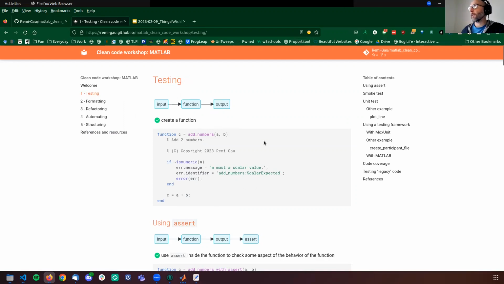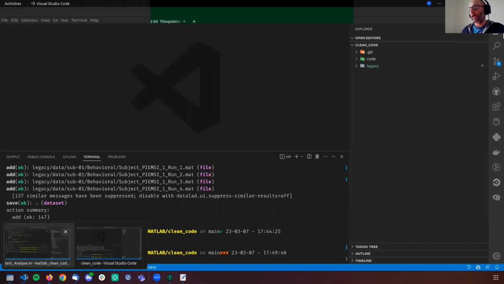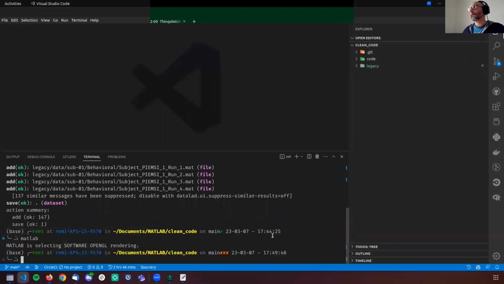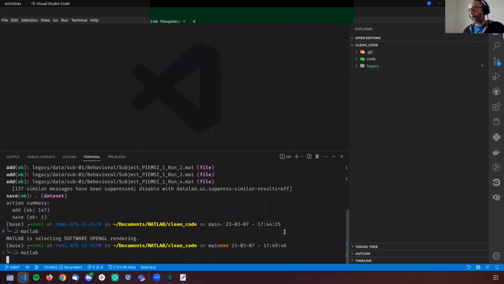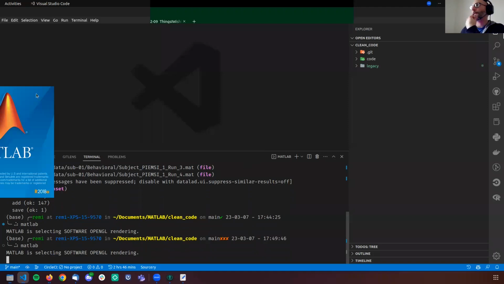Here I have an example of a function that adds two numbers. Let's try to do something a bit different and have a function that's actually going to multiply two numbers, just to vary things a little bit. Okay, so let me start MATLAB.